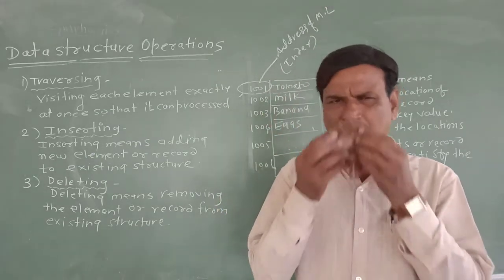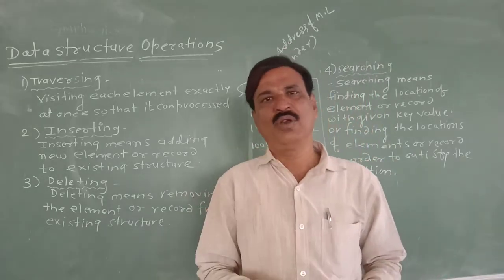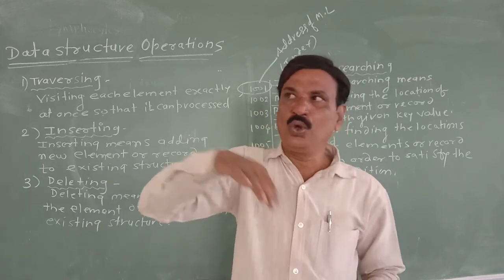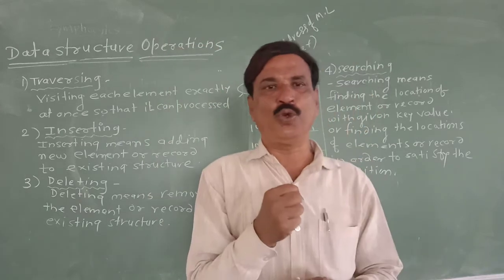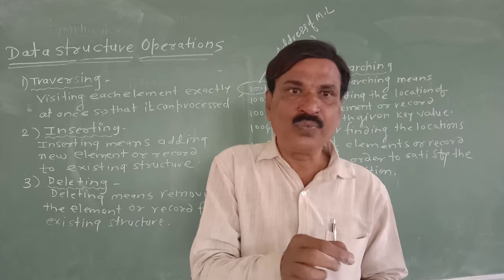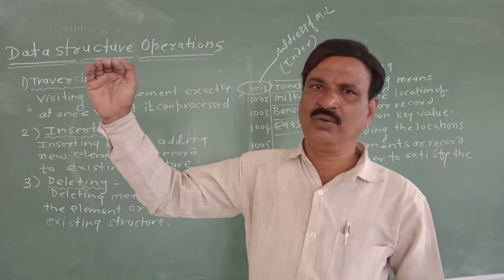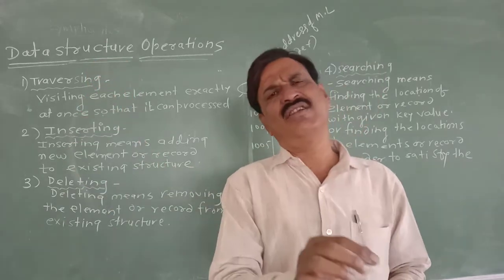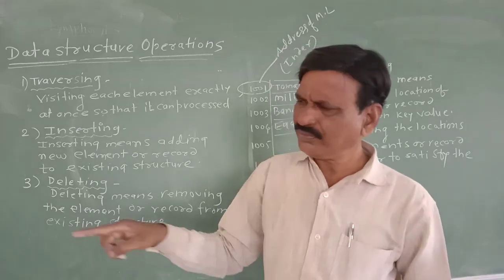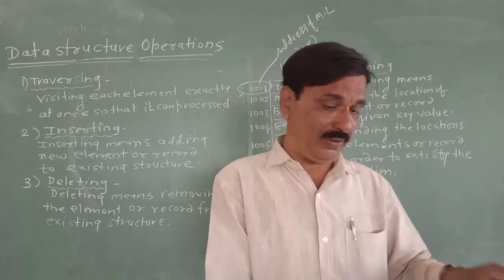Take once again the example of the student list. Suppose there is a list of 100 students and that list is to be sorted by their percentage in descending order. So the higher percentage student will occupy the first position. The higher percent student's name will occupy the first position in the list, then lower percent, and the last name of the student will be at the last position. So this is called sorting.